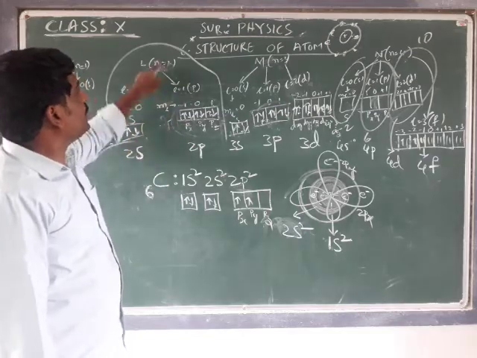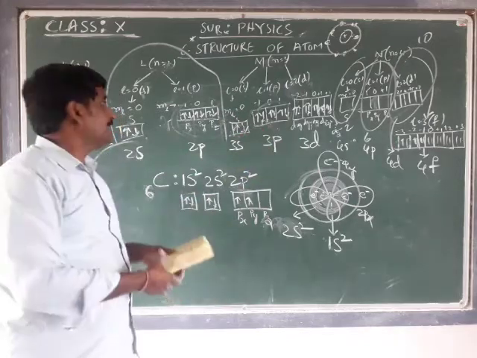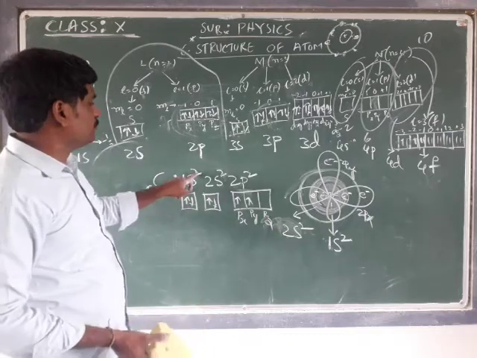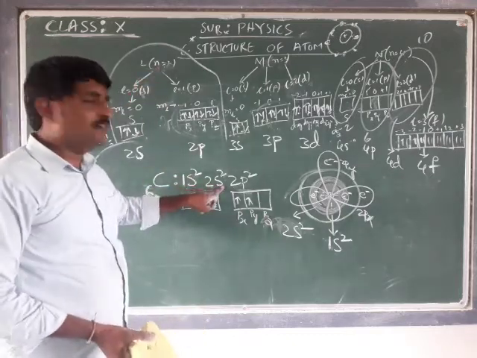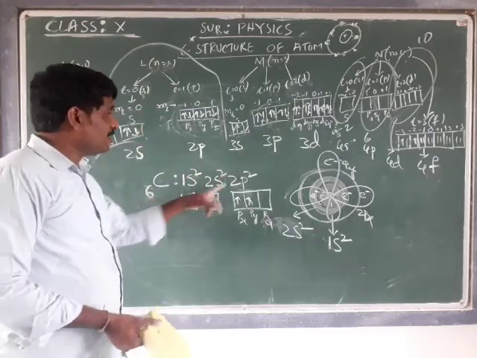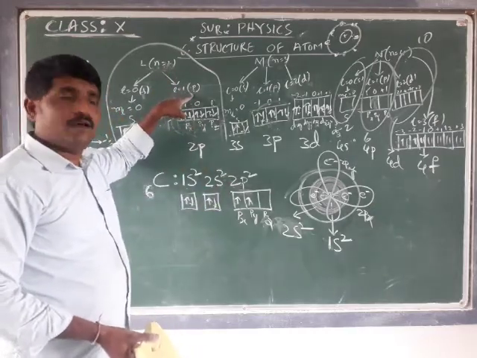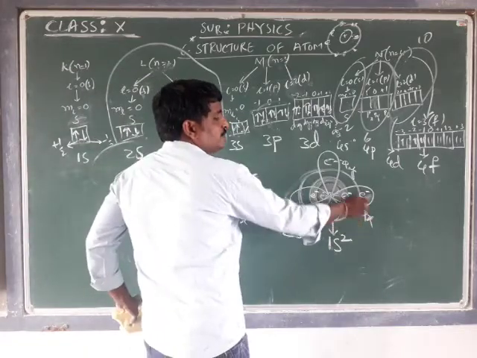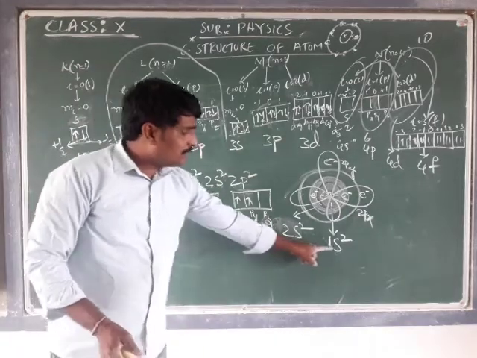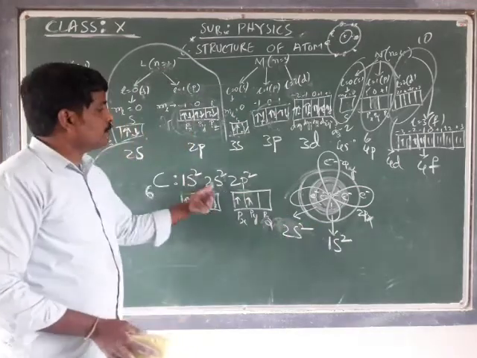Next coming up is the second shell, second subshell. Initially, of course, we have a rule, the Pauli exclusion principle. What is that? I'll tell you. In this example, the first shell's s subshell is filled with 2 electrons, and the second shell's s subshell is filled with 2 electrons. After filling these, 4 electrons are already filled. Carbon has 6 electrons, so the remaining 2 electrons will be filled in the p subshell, oriented in x and y: px 1 electron and py 1 electron. While reading, don't read it as 1s square. Read it as 1s2, 2s2, 2p2.